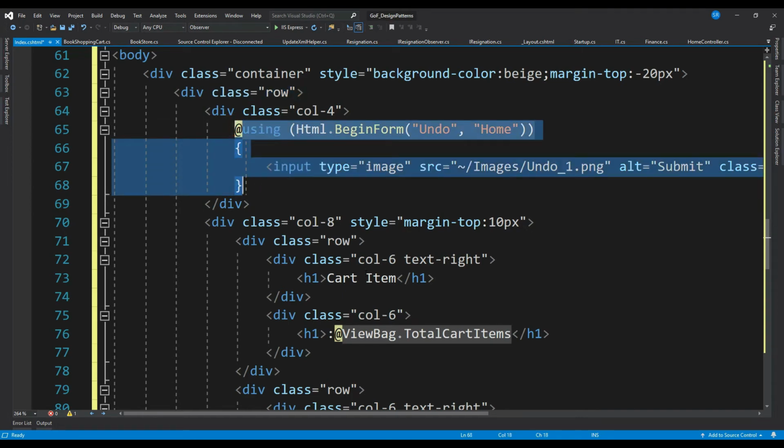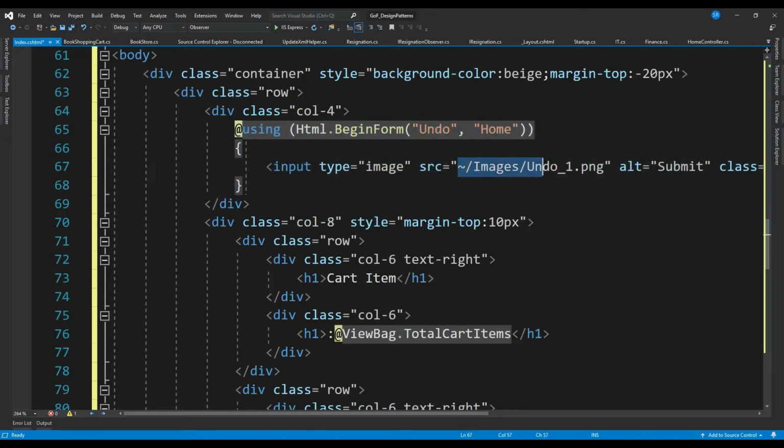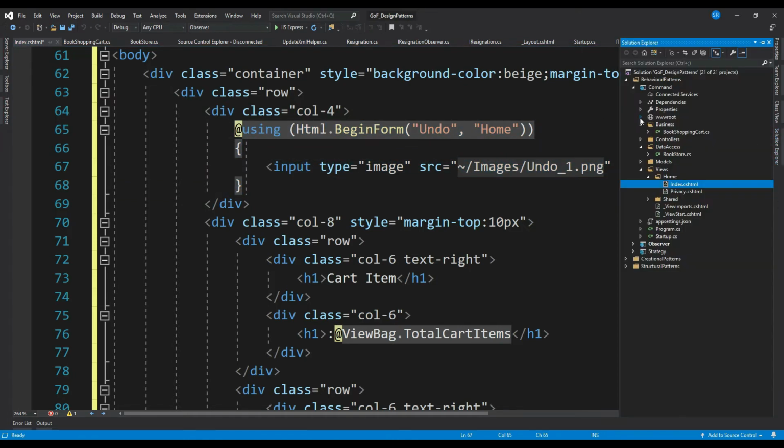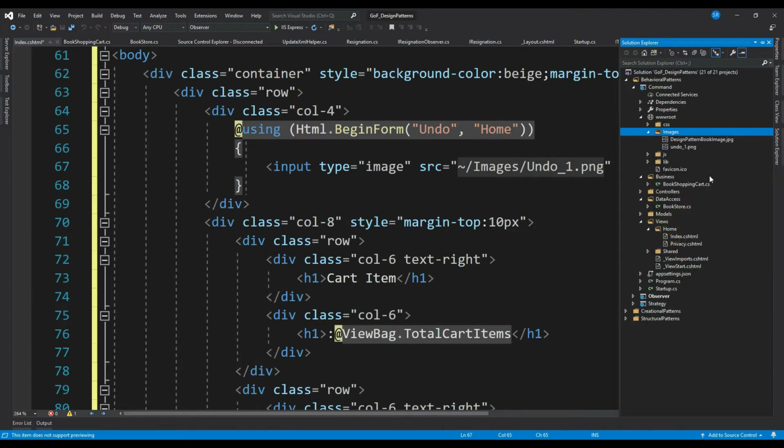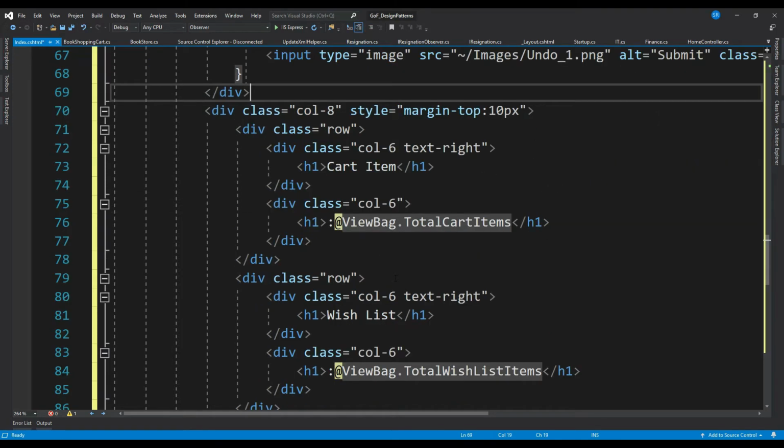So this is our first action method, undo, using an undo image. Let me add the image. So this is our undo image and design pattern image.